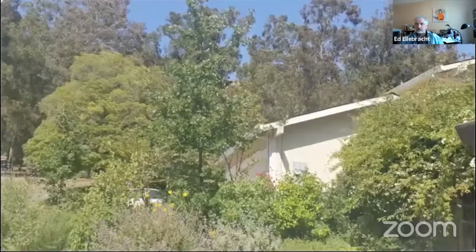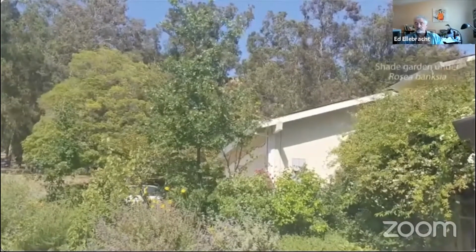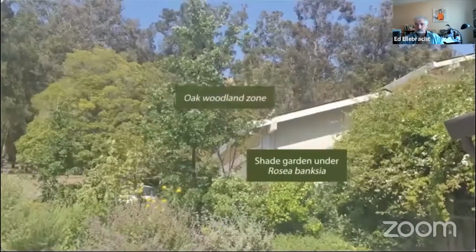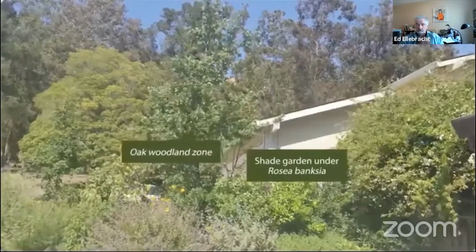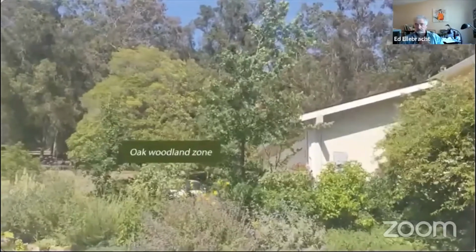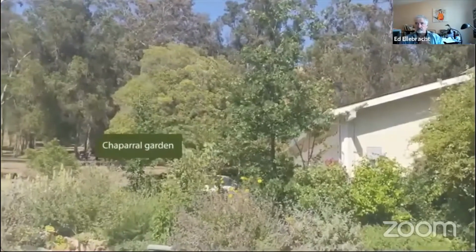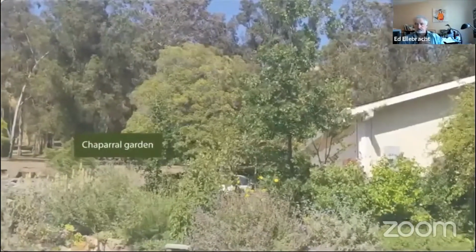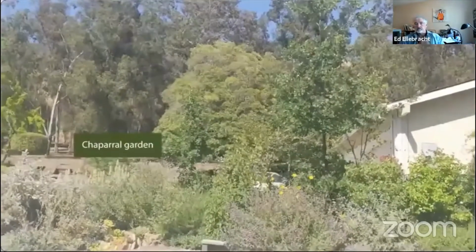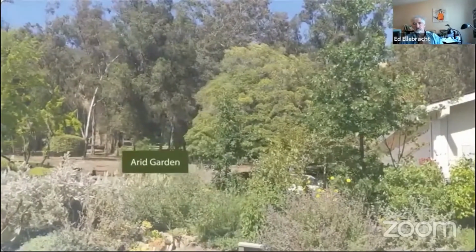Okay, we've stepped back to provide an overview of the shared strip garden. The shaded garden under the Rosa banksiae begins on the right-hand side. This leads to an oak woodland environment, which is noticeably cooler even on hot, windy days. This woodland will transition to a chaparral garden, which has a rocky mulch, where most of the manzanita and buckwheats are located. Finally, on the left-hand side, nearest the street, is an arid, dry garden with succulents and a few natives, including a small Aesculus californica, the California